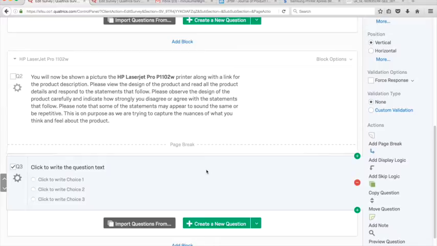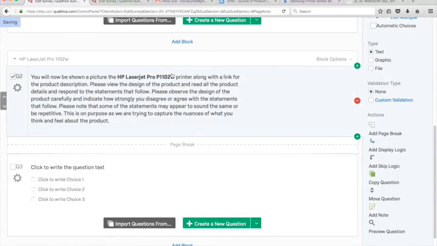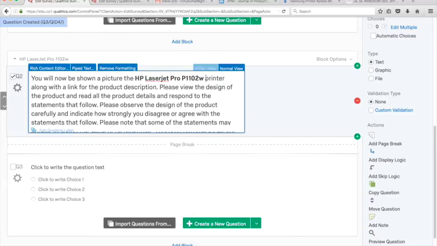So I want to show them the product at this point, right? I've already told them that you're going to be seeing a product, the product right now on the next page. I want to show them the product. So you have to find the HP printer. So what I do